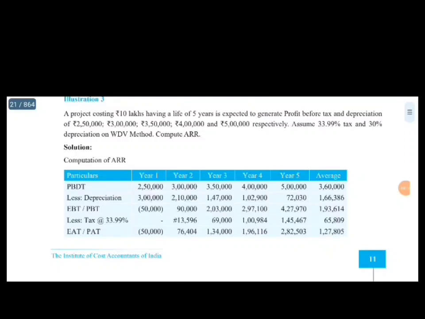We have seen two illustrations in the previous video. In illustration 1 we have seen how to calculate the net cash inflow after tax, and in illustration 2 we have seen how to do relevant cost analysis for decision making. And before starting illustration 3,